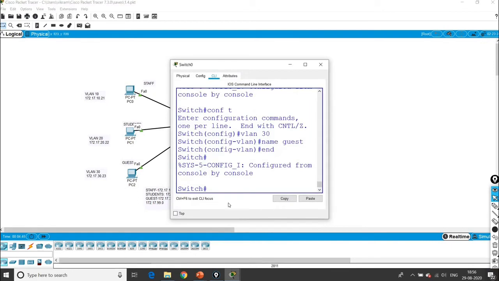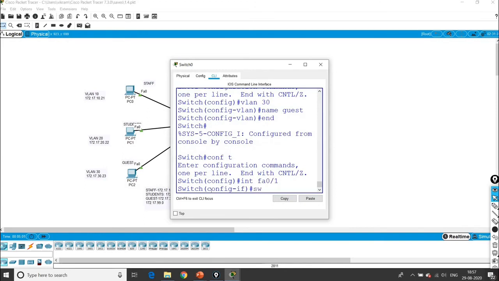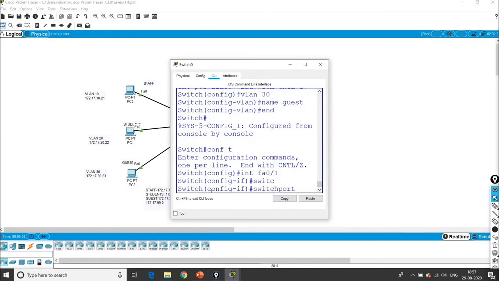Go for switch 1, switch 0. Configuration mode, config t. Interface, you can write FA0/1 for staff, and switchport mode access.